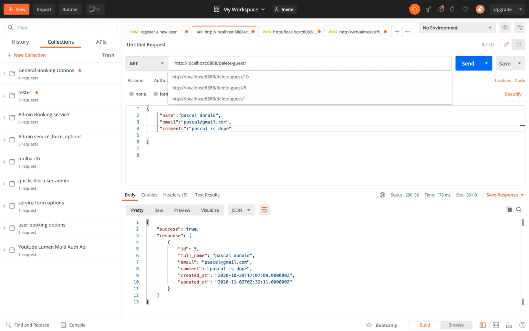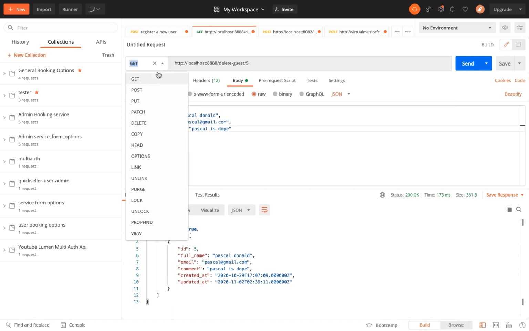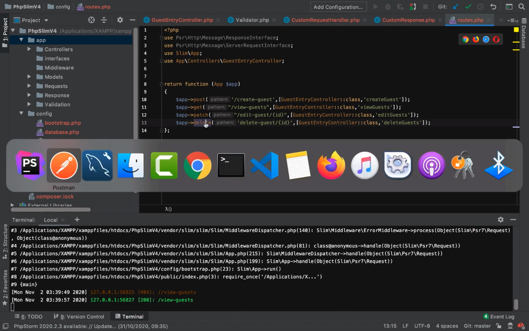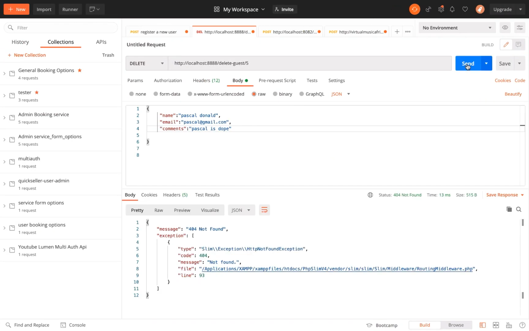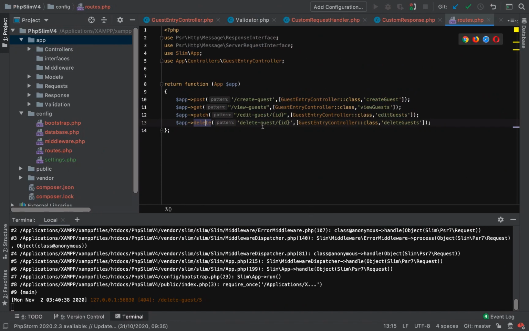So delete guest, and let me pass the ID of number 5. So delete guest with the ID of 5. Is that a post request? No, that's a delete request, right? Yes, our delete is a delete request. So if I hit delete right now, we have a 404 error here, and that is because our delete,